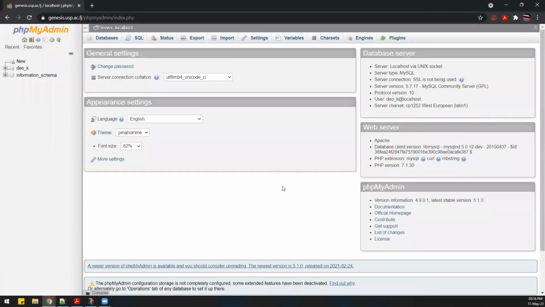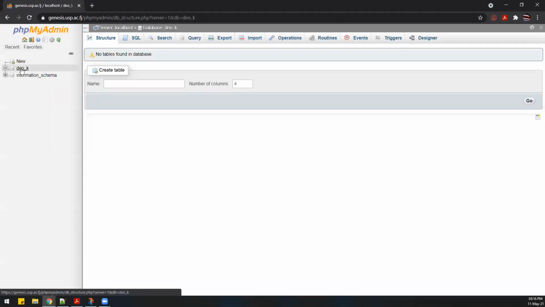Click on go and you will come up to something like this. By default on the left hand side, you will see something written. Mine is Dev_K. That is the name of my database. Yours will be your student ID. If you click on that, you get something like this. By default, the database is empty. We can create the tables in here inside the database, and there's another one by default which comes with the database. So don't worry about the second one. We'll only be working inside the first one, that is your student ID.